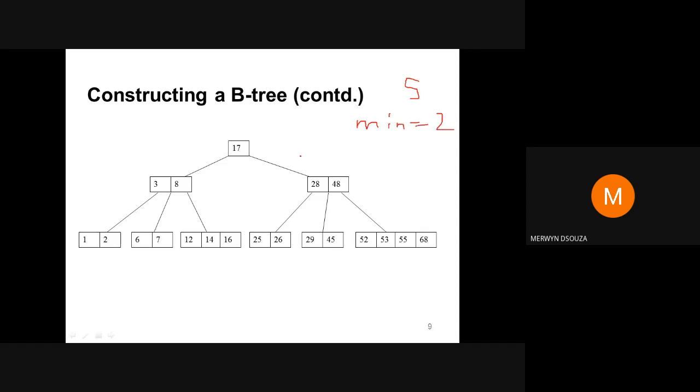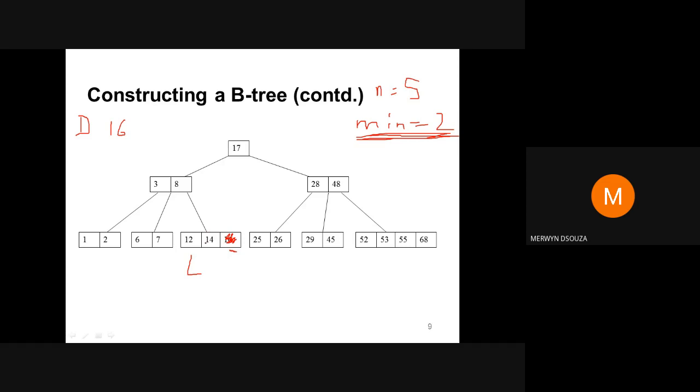So suppose now you have been told, second example, to delete 16. 16 is here, in a leaf node. So deleting 16 does not cause an underflow, when the minimum number of keys is supposed to be 2, by applying the formula (n minus 1) divided by 2, and the order n is 5. So by deleting 16 it does not cause any underflow, so it directly deletes 16 from here, and you are done with the deletion.